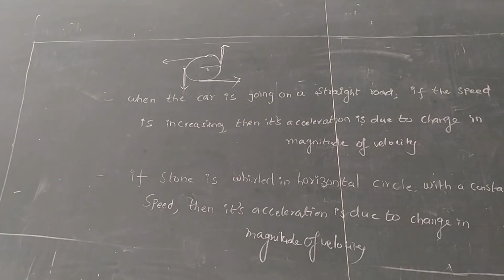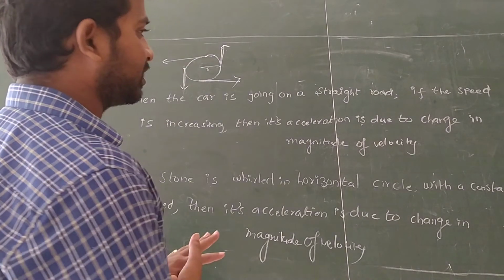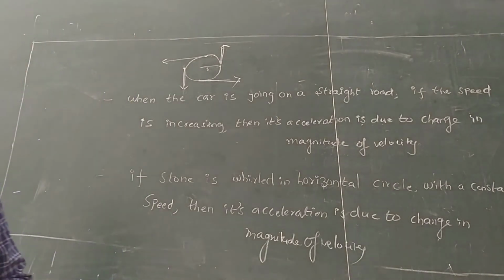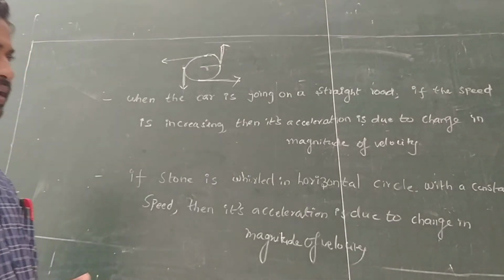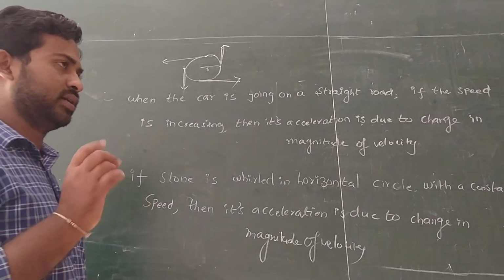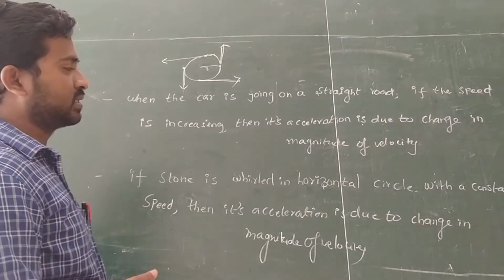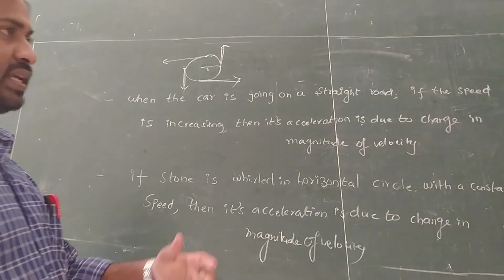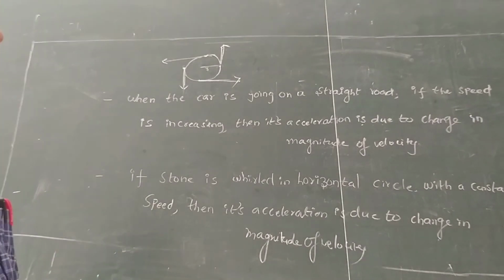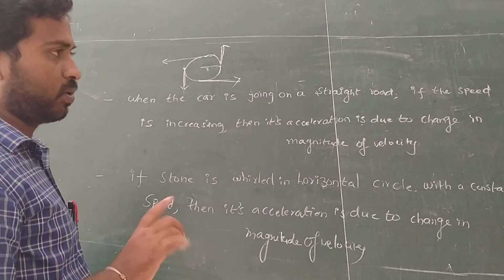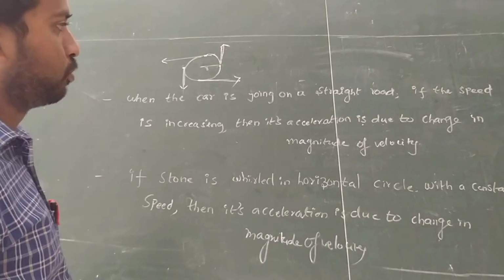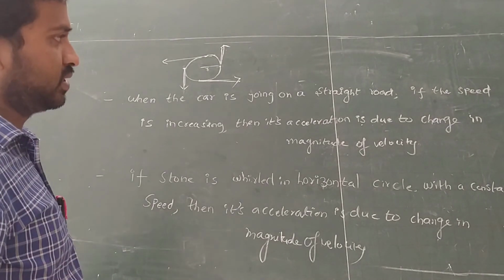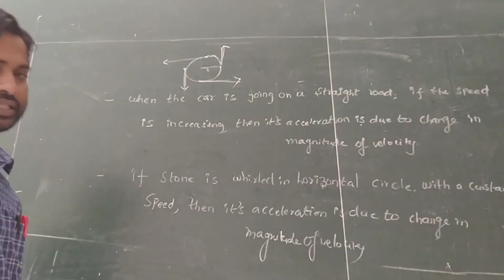In the next lecture we can discuss the derivation of kinematics equations using the calculus method. Using the general method we completed, and the graphical method you learn in CBSE itself. So next we can discuss derivation of kinematics equations. These three equations of motion we can discuss using the calculus method. Only three equations. We are not deriving the fourth equation, s_n equal to u plus a by 2 into (2n minus 1). Just those three equations we can derive in the next lecture.